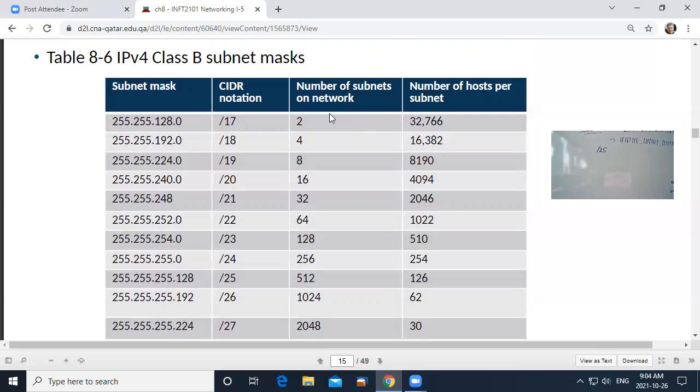So every time we subnet, every time we move one more bit, we halve the number of hosts and we double the number of networks. Approximately half the number of hosts, but exactly double the number of networks. So when we move to get an extra 1 in our network, we went from 2 to 4 networks, 2 to 8 networks, 2 to 16, and so we can get quite a lot of networks out of that 1 IP address, but each one of them has fewer hosts.